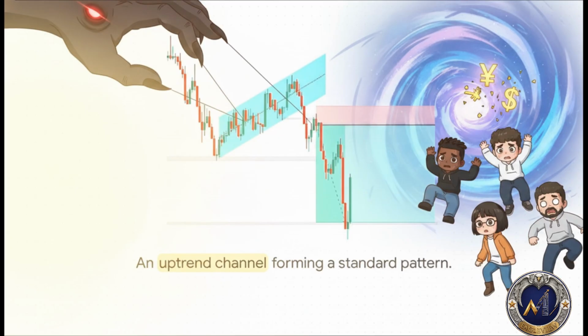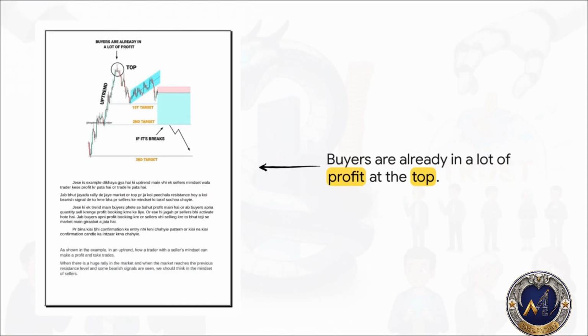They are terrified of missing out on the rally. But let's look at what's really happening near the peak. You have to hack the seller's mindset here. The traders who bought early, they're already sitting on massive profits, and they are gearing up to sell to lock